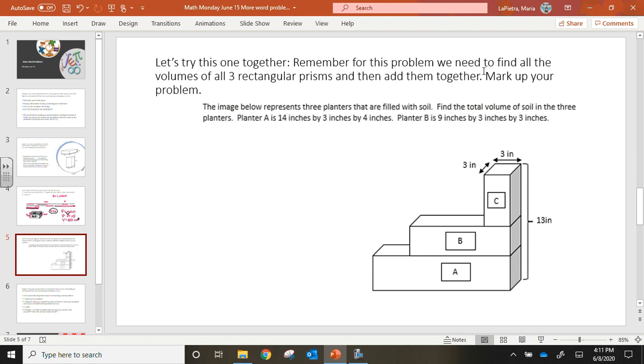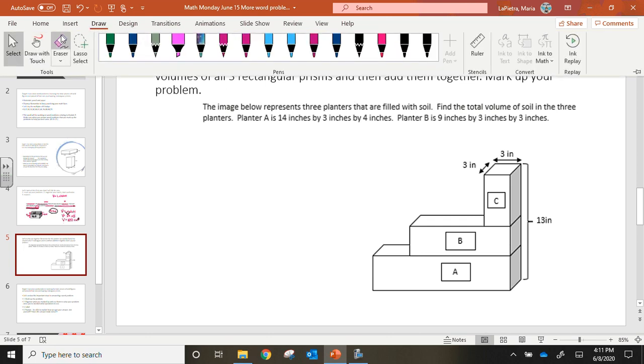So remember, for this problem we need to find all the volumes of all three rectangles. So we've got A, B, and C. And then you're going to add them all together. So mark up your problems. Don't forget. So our first one, for A, is